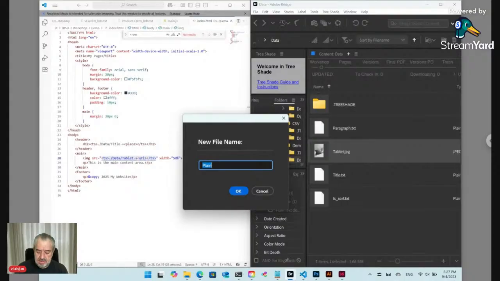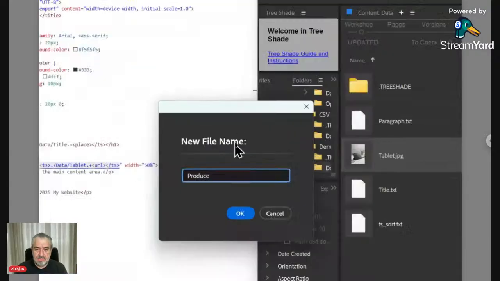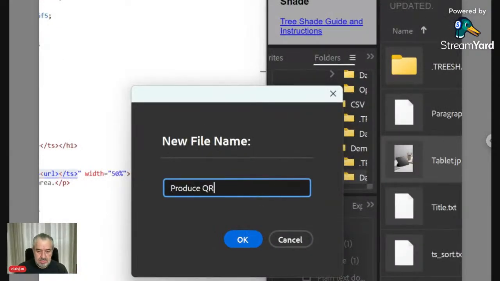Let's name the file something related to execute, like produce, or let's name it produce QR, and let's make the text file hidden in the online form by adding